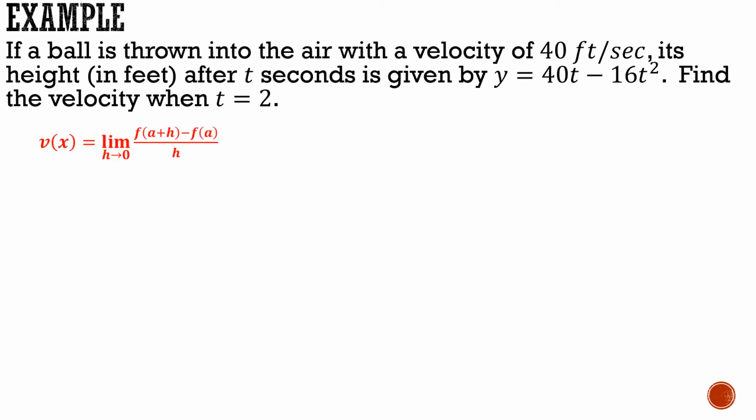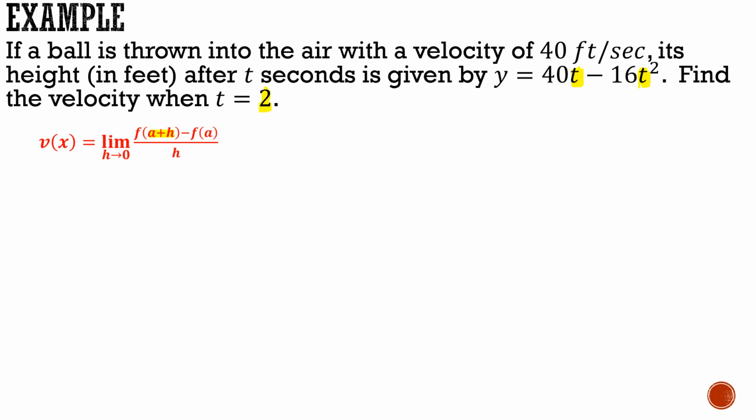So again, I'm going to start with my formula. The limit as h approaches 0, f of a plus h minus f of a over h. Now this first part of my formula says f of a plus h. Now to find f of a plus h, everywhere I see a t, I'm going to replace it with a plus h. So I'm going to put a plus h here, and I'm going to put a plus h here. Now remember, your a is whatever value you're going to. So in this case, we're going to t equals 2. So my a is actually going to be 2. So instead of going with a plus h, I'm actually going to put in 2 plus h into my formula